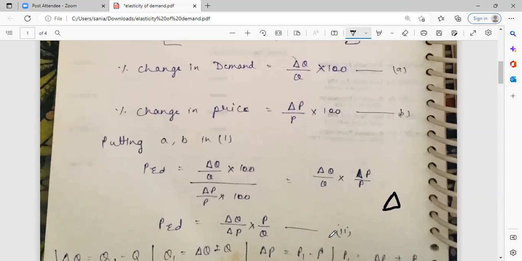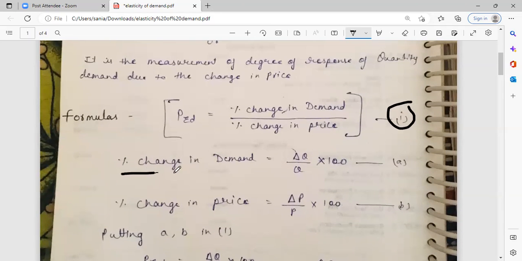From where did this second formula come? Basically, see, how will you find change in demand? See, change in quantity divided by the actual quantity one. For example, over here it is 10, right? Now your demand is, let's just take 30. Okay. So over here, what is change in demand? You will subtract it. You will get change in demand. Ma'am, the change in demand is 20. Right? And what was your Q? Actual demand was 10. Right? Multiply by 100. So you will get percentage change in demand.